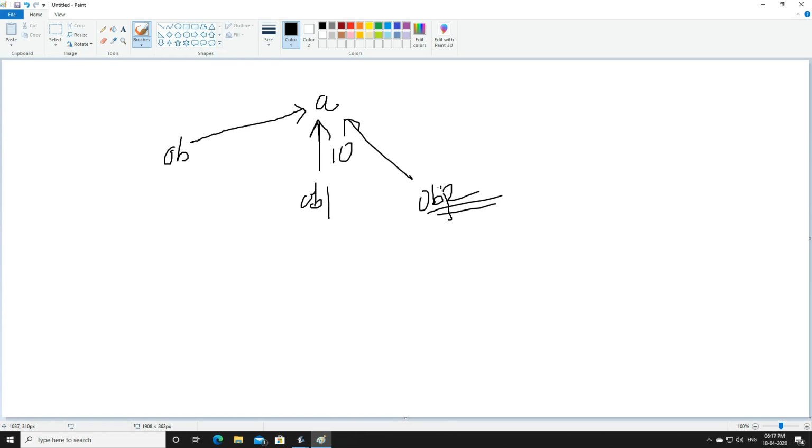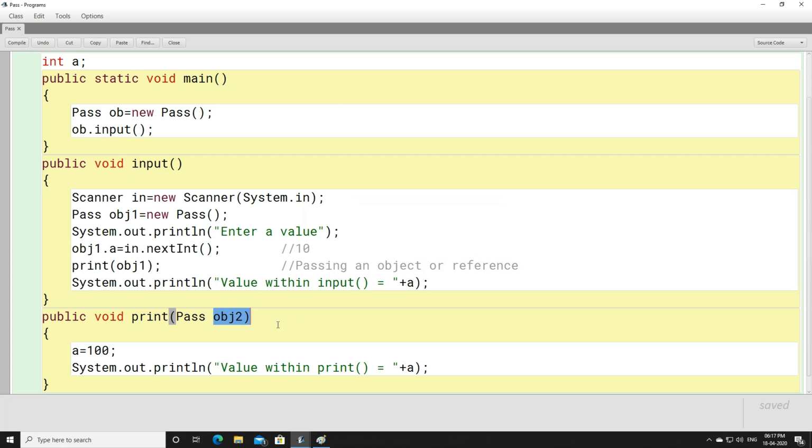Now obj1's value is copied to obj2, right? So if for obj1 the value of a is 10, for obj2 the value of a will be 10 too. Whatever is there in obj1, everything will get copied to obj2. For obj1 the value of a is 10, and for obj2 the value of a will be 10. Okay, now you are making a change.